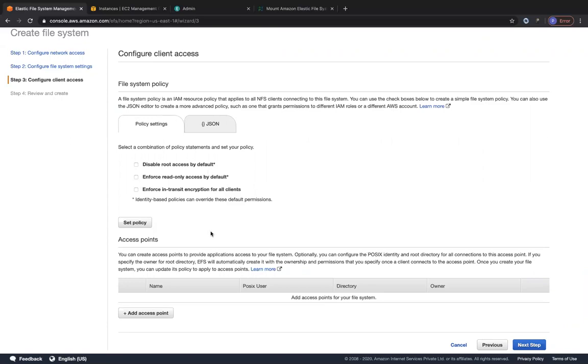You can go ahead and create access points too, but this is out of the scope of this exam. Which means this will allow you to specify that this particular user has access only to this particular folder within that file system, right? This particular user, in the sense, could be an IAM user, or a user in your organization. So when they access the file system, they will have access only to that respective folder. That kind of granular permission can also be given to restrict access within the file system to respective folders.